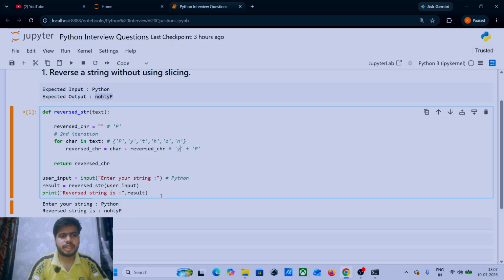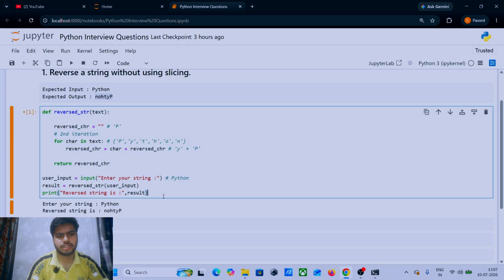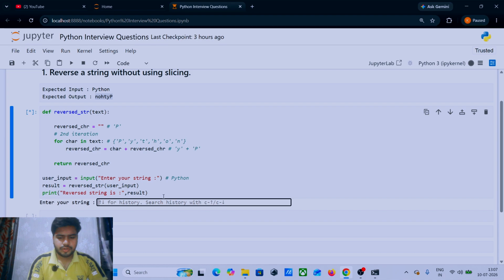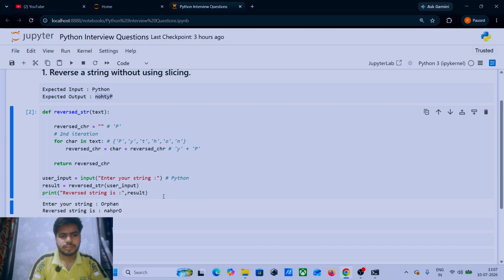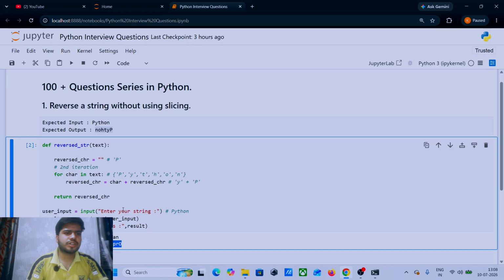After all the iterations, at the end this gives the result. This is how things work. Taking another example like orphan, it also reverses like this. So this is the first question.